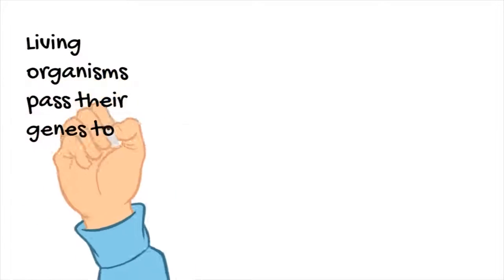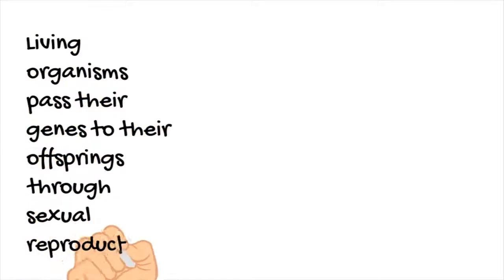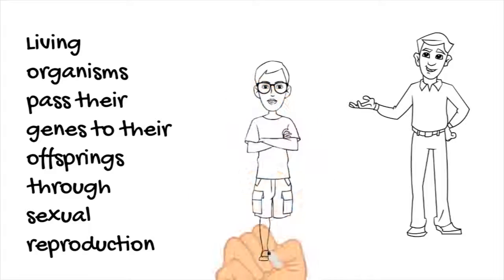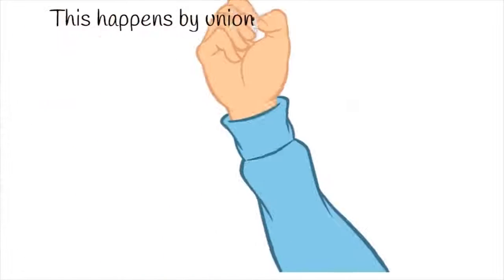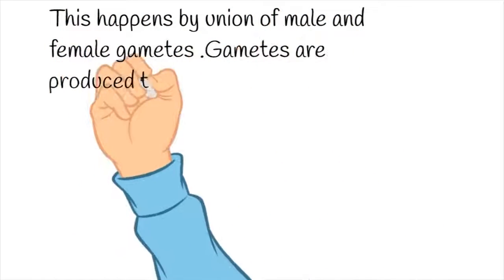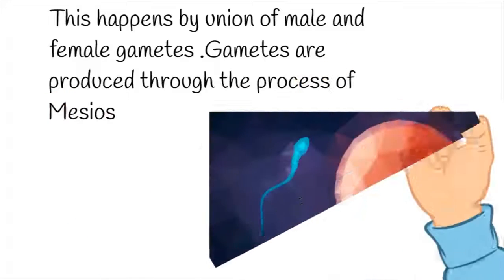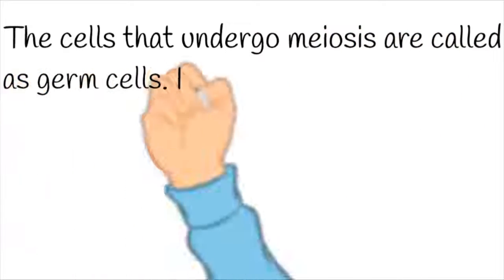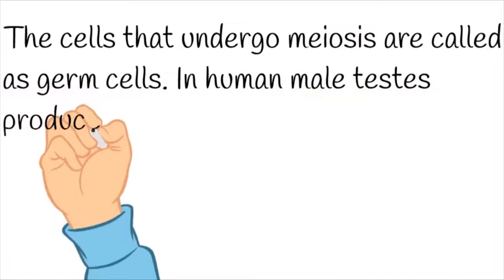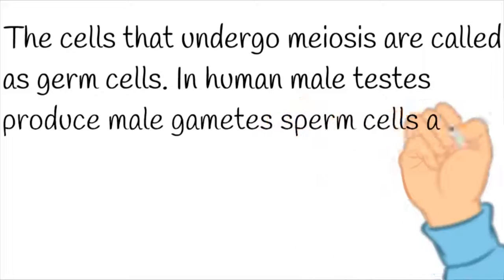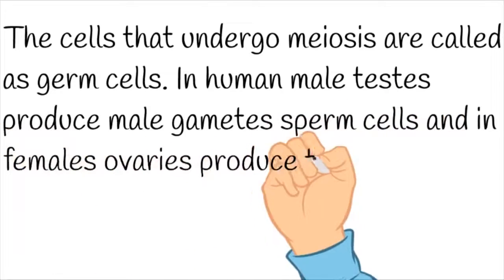Organisms pass their genes to their offspring through sexual reproduction. This happens by union of male and female gametes. Gametes are produced through the process called meiosis. The cells that undergo meiosis are called germ cells. In human males, testes produce the male gametes, the sperm cells, and in human females, ovaries produce the female gametes,